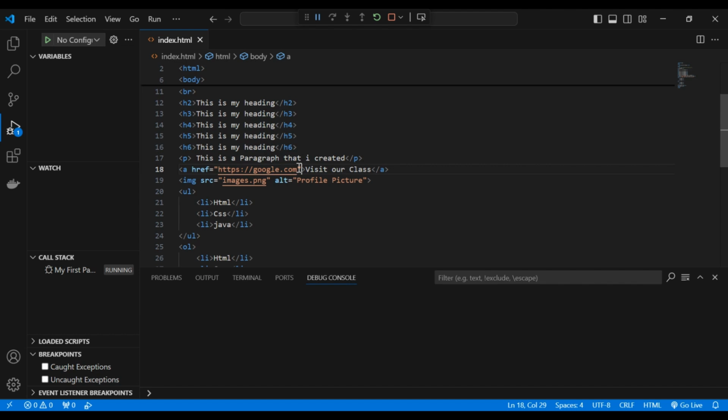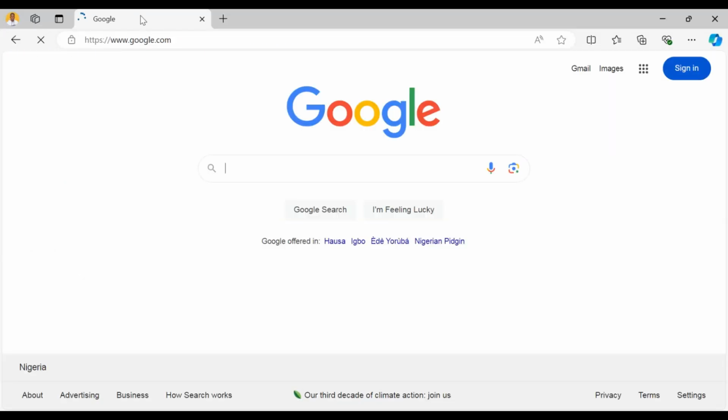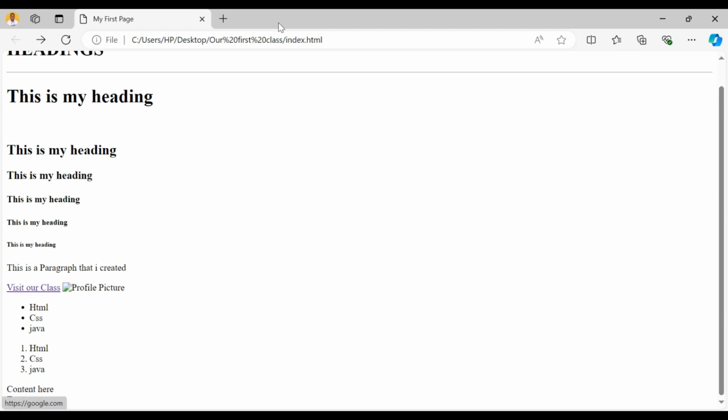Okay, so in hyperlinks, we also have what they call targets. So we put our target here. If you see now, let's go to our web page. If we load this visitor class, it did not open a new tab, it loads in the current tab. Okay, so we want to make this link open in a new tab, so we'll just go over to